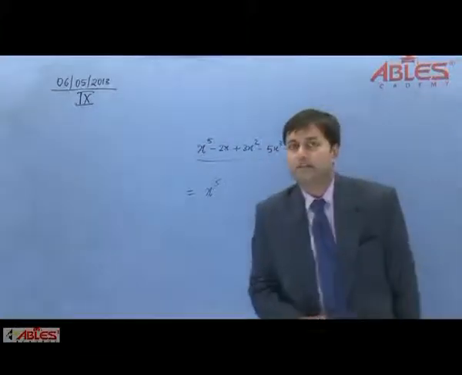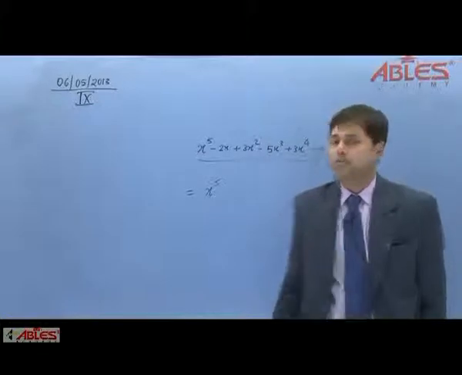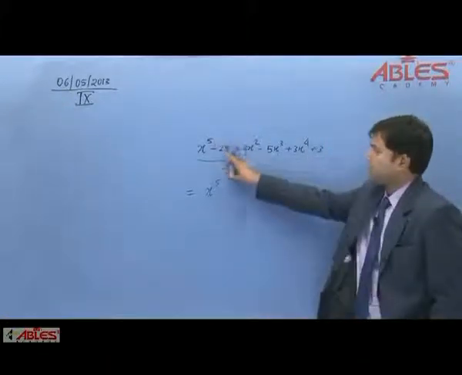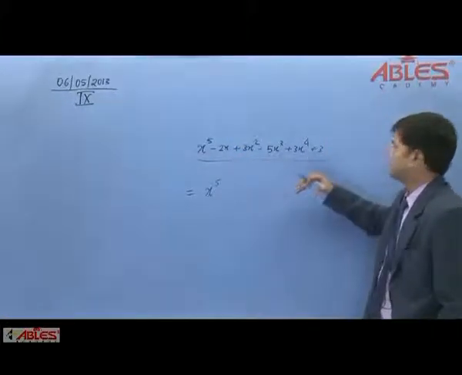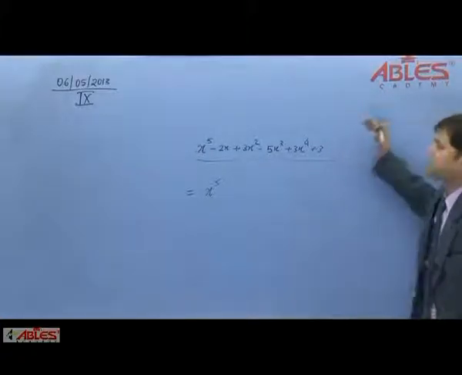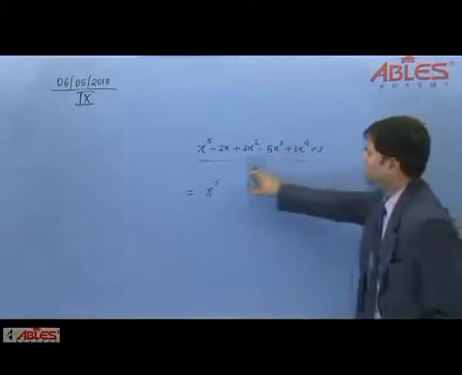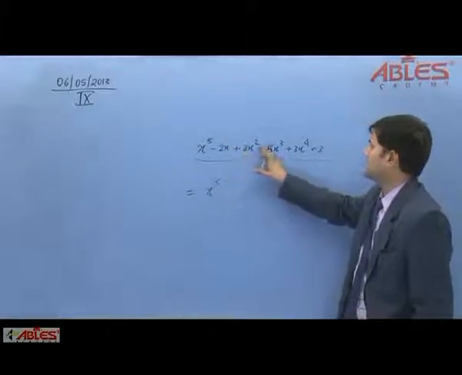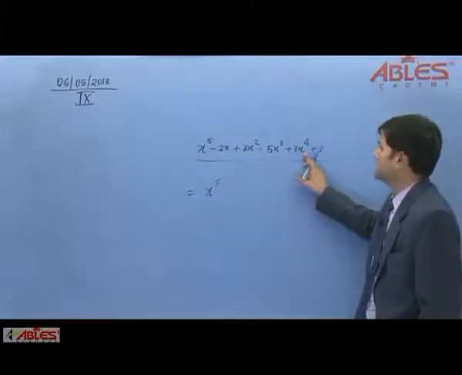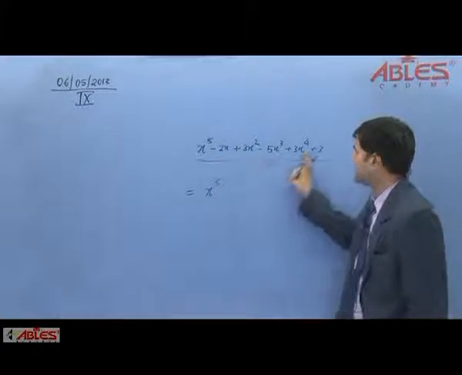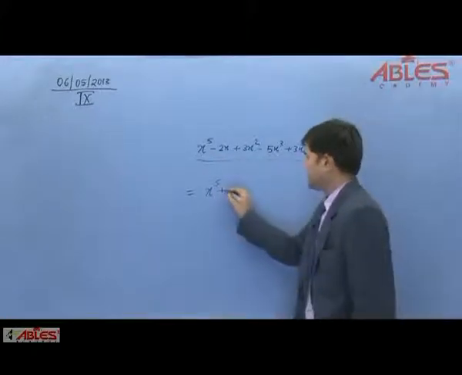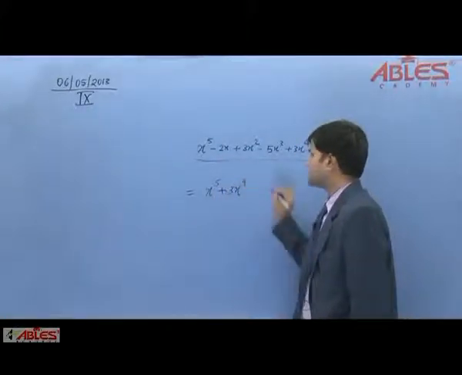So what is a standard format? We have to write this in decreasing order. After power 5 we have to search whether we have any term consisting of power 4 in this. So you can see it's power 1 term, power 2, power 3, power 4 term we are here. So after this term we have to write this power 4 term. So this is a standardization, 3x power 4.